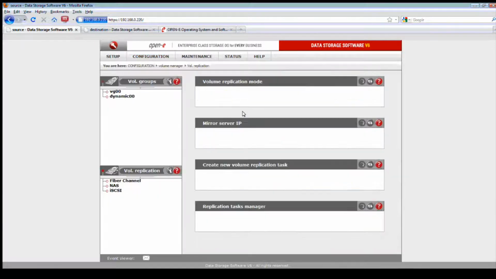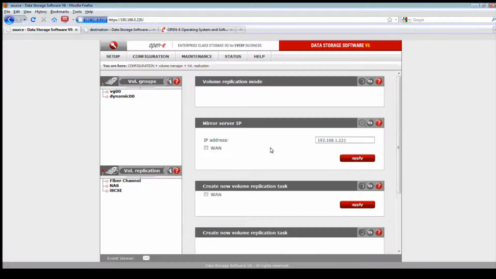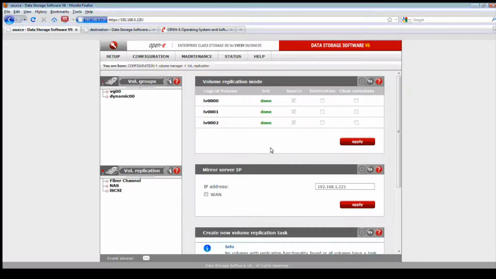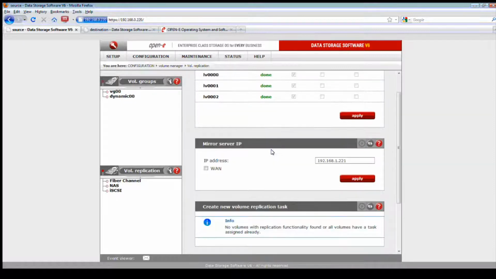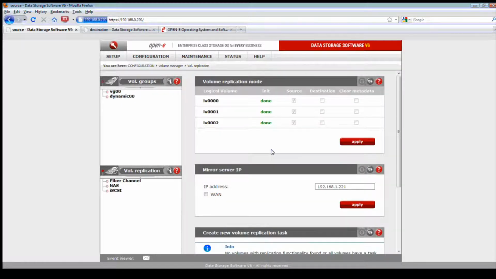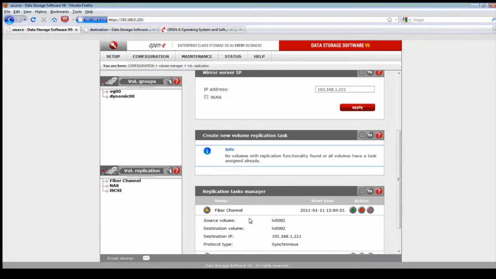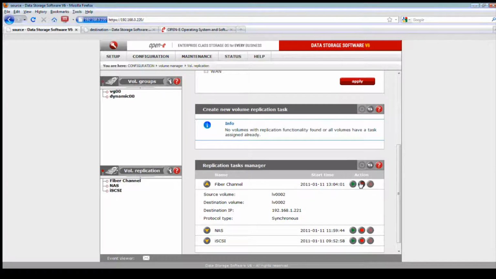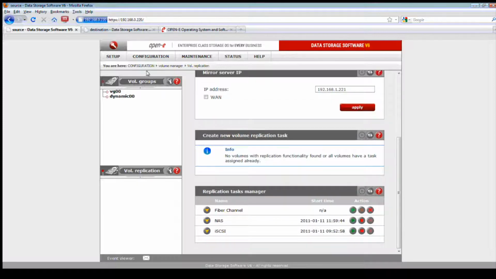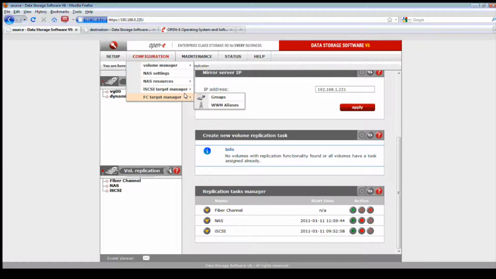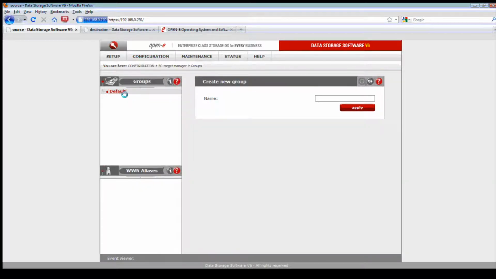So we're going to go ahead and take over the source, go to the volume manager, then go to volume replication. If I'm going a little too fast, let me know in the chat, because we have a lot of topics to cover and I want to try to squeeze this in. Just let me know if you want me to slow down or if you have any questions. Now, we're going right down here to the Fibre Channel volume.